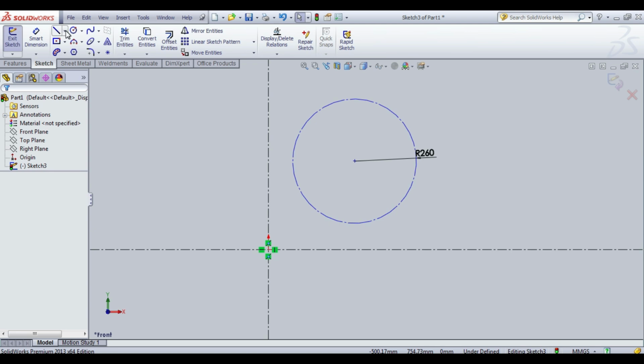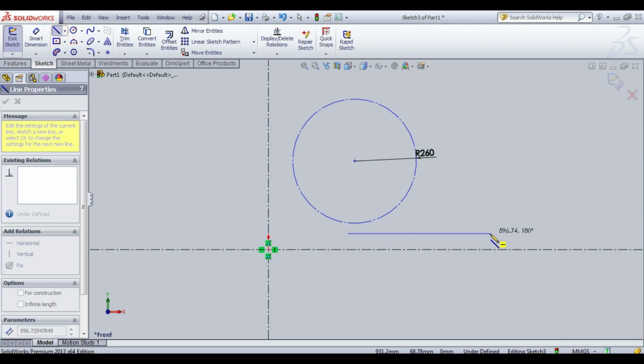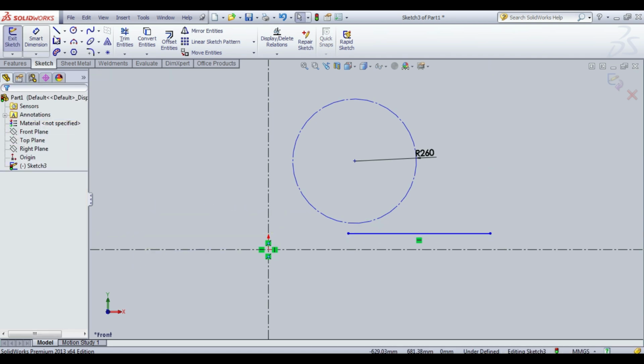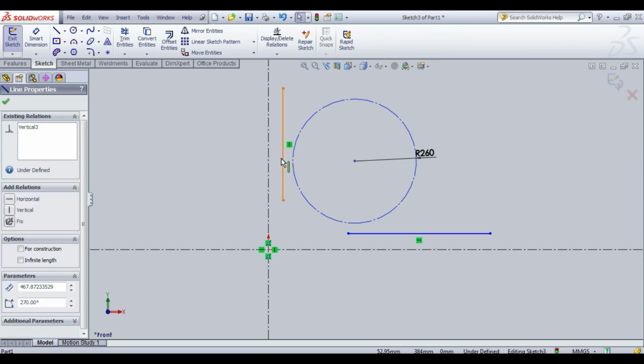After that, you will draw one horizontal line and one vertical line. You will click on this vertical line also for construction.